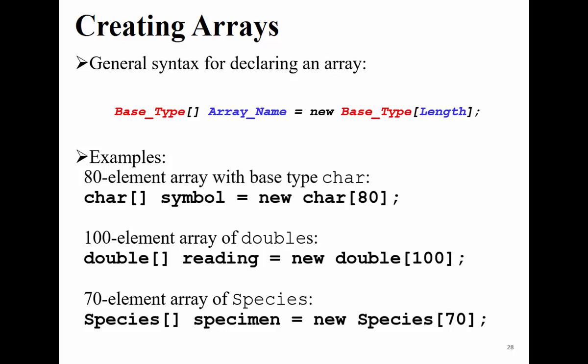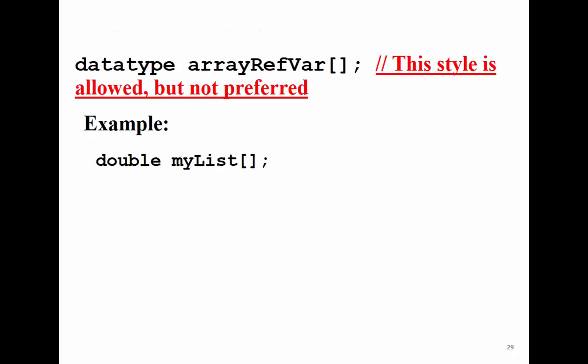We cannot change the length. Any other thing? I can change the content, no problem. All the elements inside the array should have the same data type. So you can see doubles, all the elements are doubles. Int, all the elements are int. Species, all the elements are Species. If I use this array to store double, then I decide to store a string, that's a problem, a syntax problem, okay? Good.